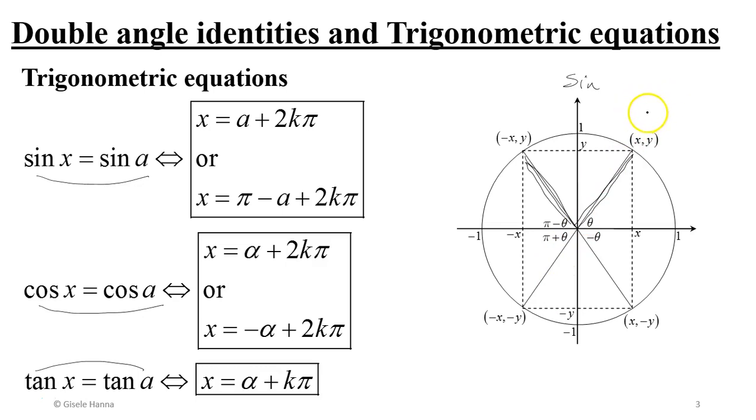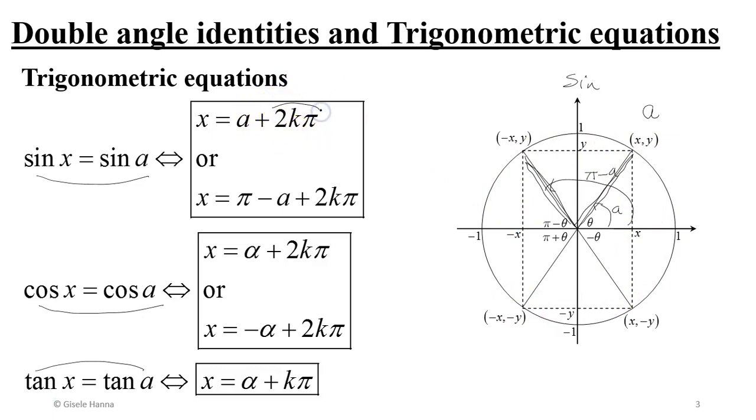So if in the first quadrant we have angle a here, then in the second quadrant that would be pi minus a. So sine x equals sine a gives me 2 possibilities, which are x equals a or x equals pi minus a, but we do not forget that we're dealing with oriented angles here. Dealing with oriented angles means that, for example, for the first case, it can not just be a, it could be a with several full turns. So this is why you would see an a plus